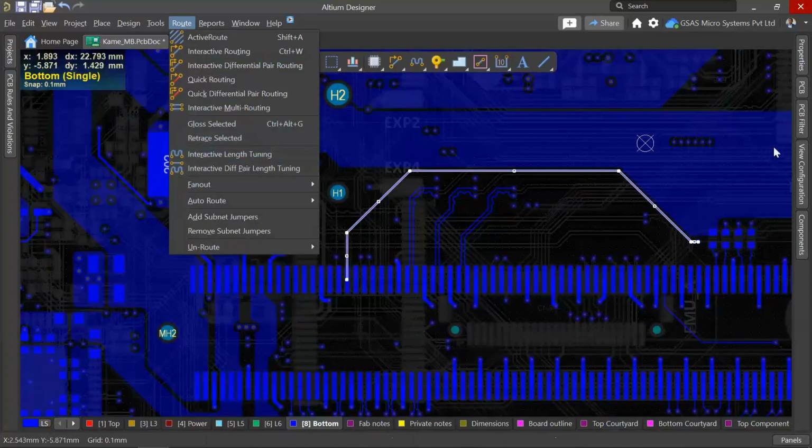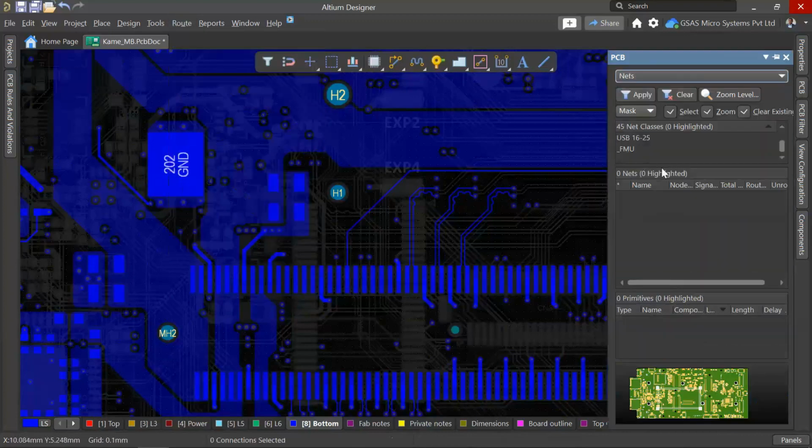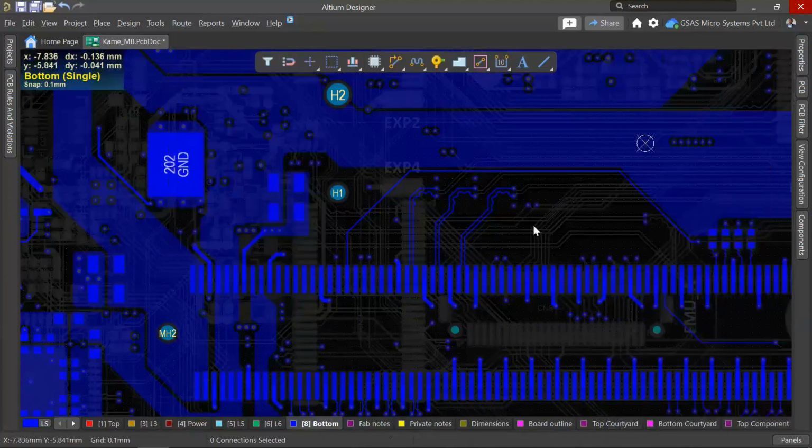Or else you can also perform the same from the PCB by using this Nets option. You can pick the appropriate net, select it by enabling the option, and use this option to get it to the latest width. This is how you can check this